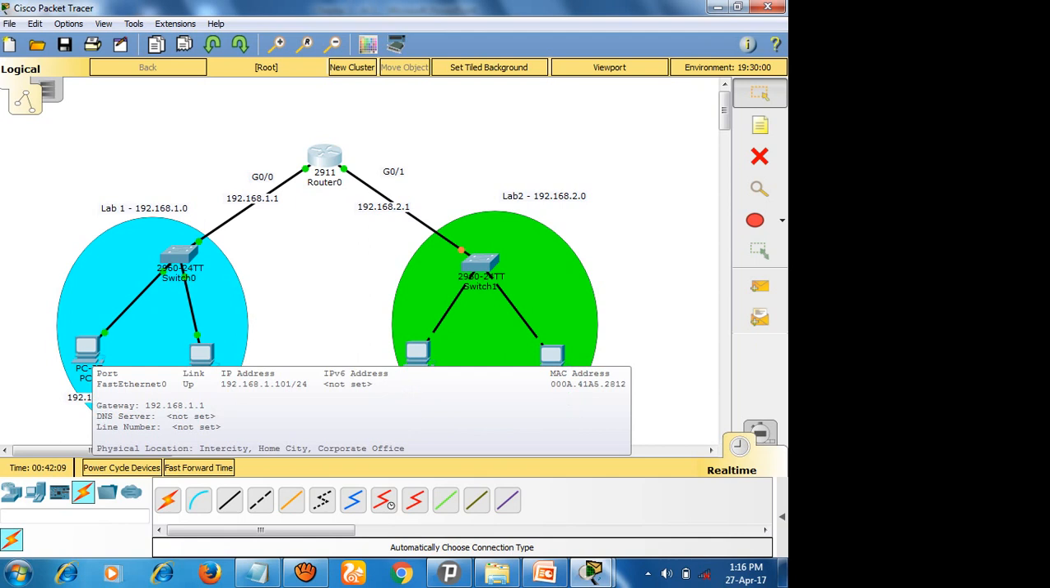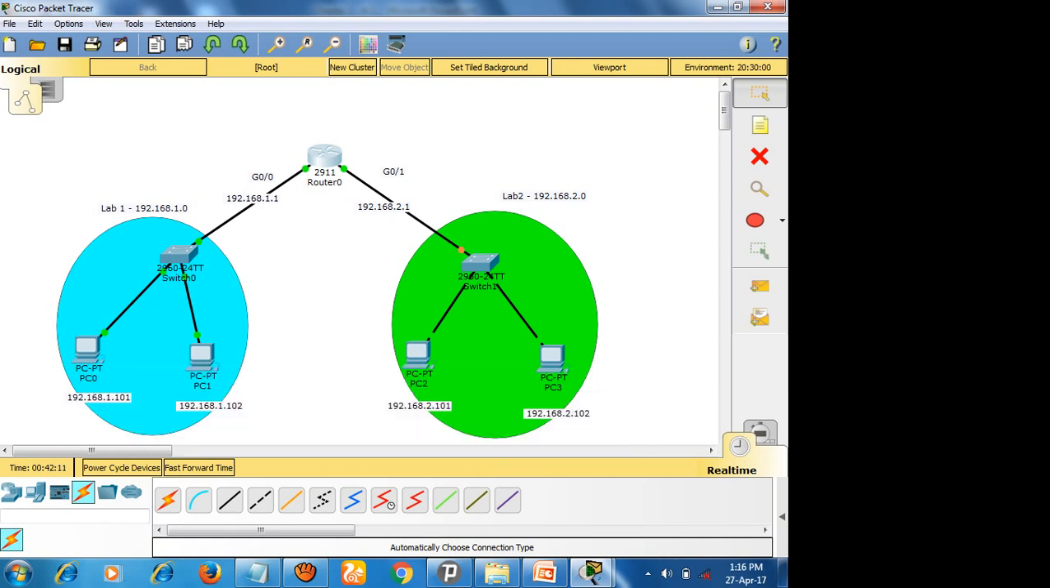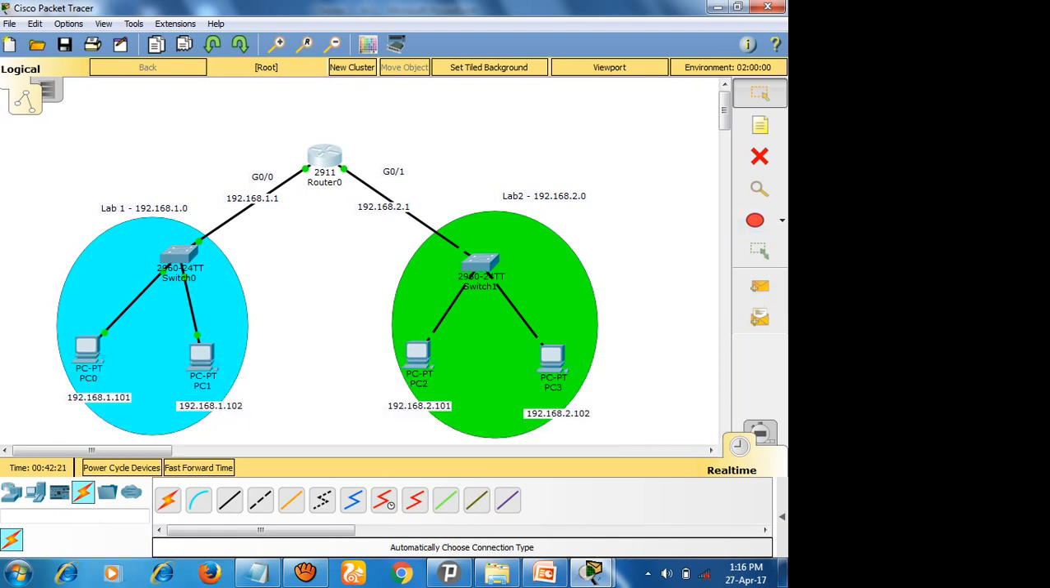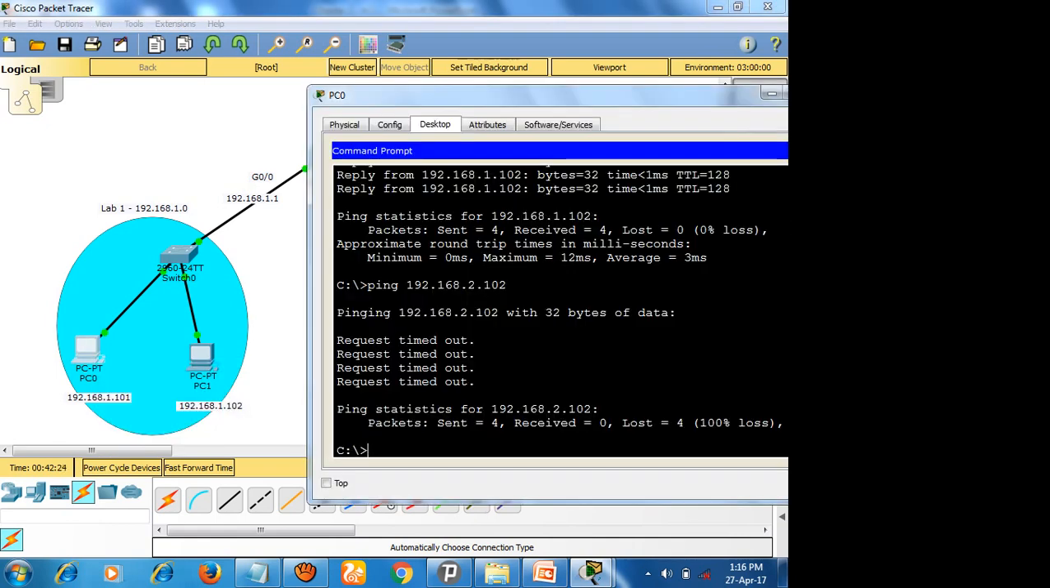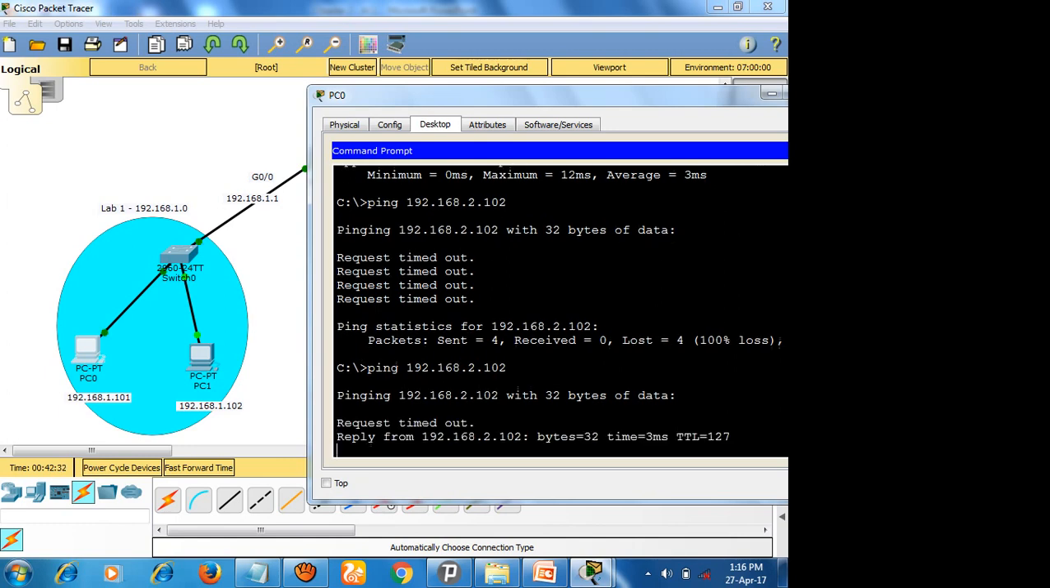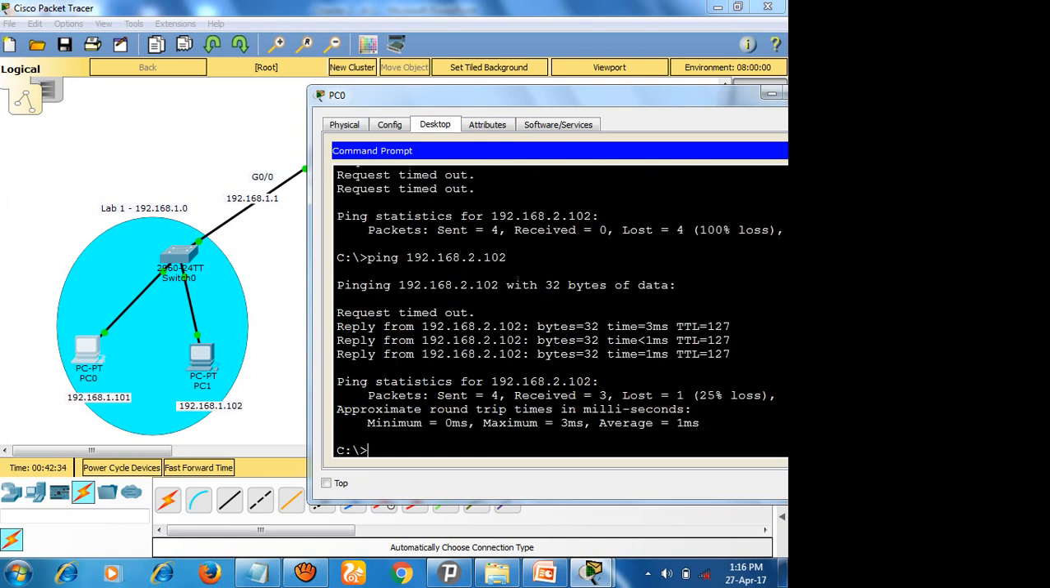So once it is turned on, the packets will be routed from one place to another place. So now it is ready. So let me send a packet. I will do the ping operation, that is 2.102. I'm pinging from 1.101 to 2.102. So now I am getting the connection, because the router has the capability to route the packets from one network to